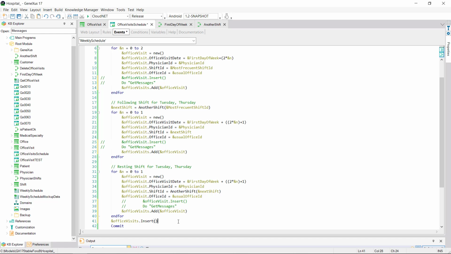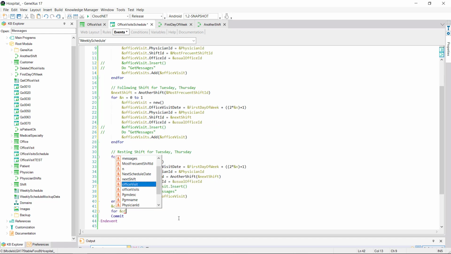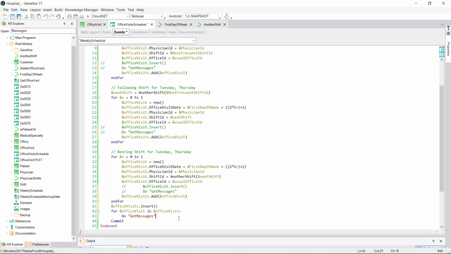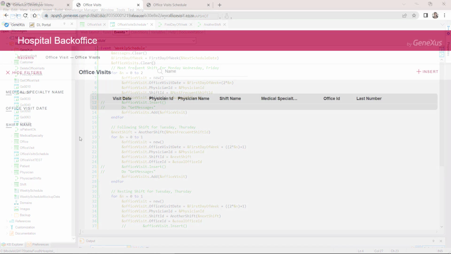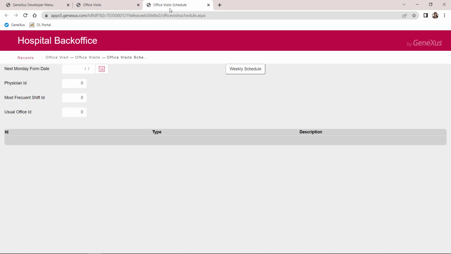Of course, here, if we want to get the messages of each insert, that of each item, we'll have to run through the collection and call the subroutine. And we should clear the BC collection before we start. If we try now with the empty table as before, it should give exactly the same result.